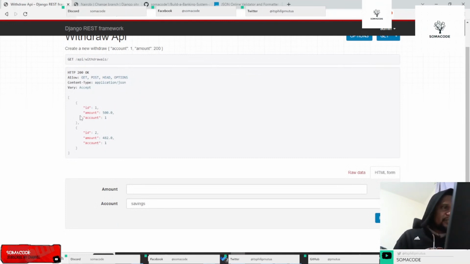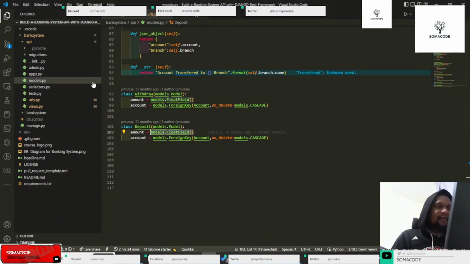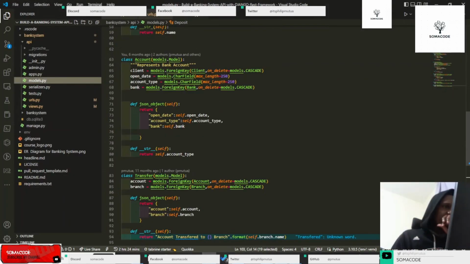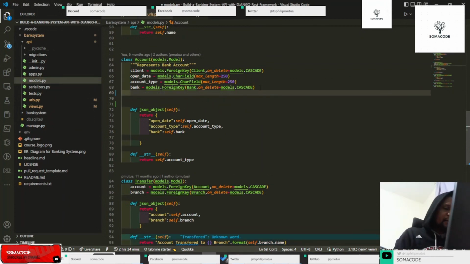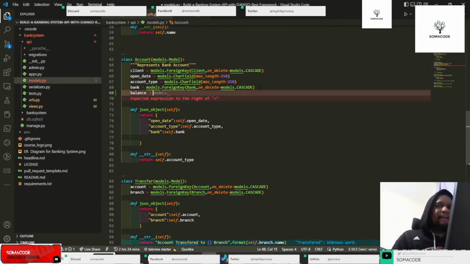Now, one important thing that we need to consider here is we need to have a way to accommodate the user should not withdraw a zero amount. All right, we need to have conditions like that. And also, if the account balance is depleted, we need to also account for the account balance. Now, let us look at the models. So we need to add another field here, balance, or we can just have a property function